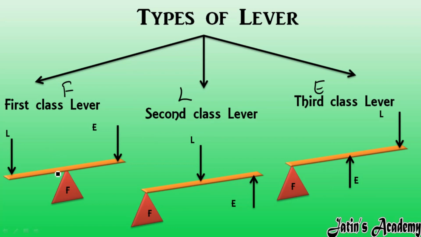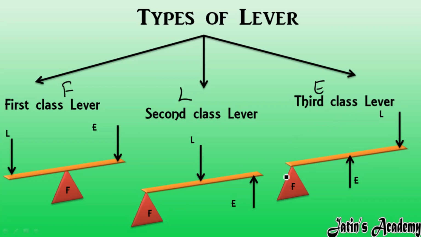So in the other two ends, first in first class lever it is simple, means at one end effort is there and one end load is there, or you can rearrange also, here effort or here load. Okay, means fulcrum is in center and effort and load are on other ends. That is simple. Fine.